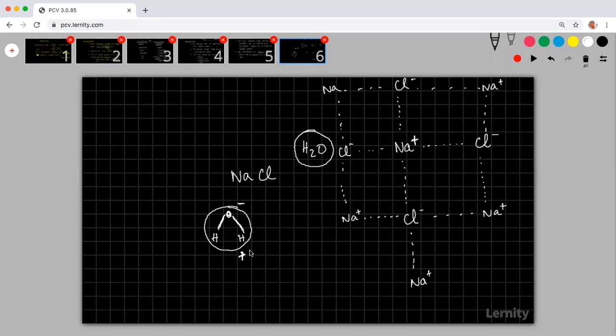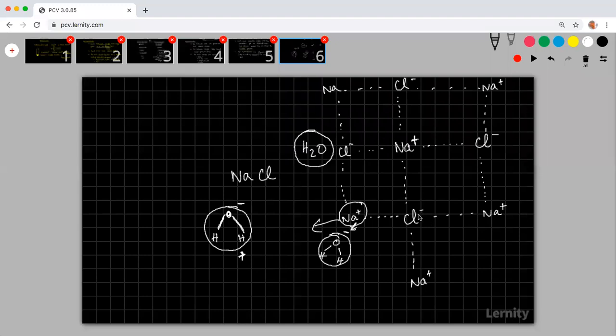There is a difference in charge, which is a polarity. Though it is a covalent compound, where the charge should not be seen, this oxygen is slightly more negative and hydrogen is more positive. So, for example, if this water molecule is near this particular thing, what do you think? This negative charge will try to pull away this positive charge, and it will try to dissociate this thing towards the other end.